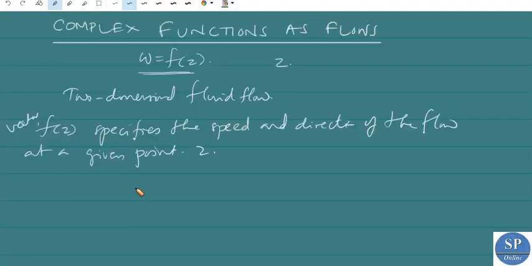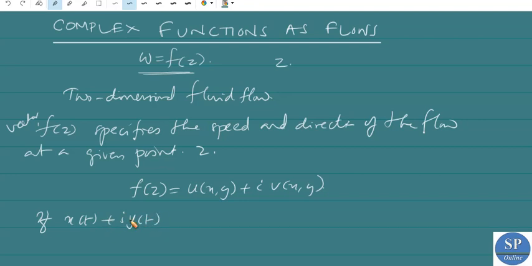Okay. Now suppose our complex function is given by f of z is equal to u plus iv, or u of xy plus i into v of xy. Now consider the point z, z is equal to x plus iy. That is, if x of t plus i into y of t is a parametric representation for the path of a particle in the fluid flow,